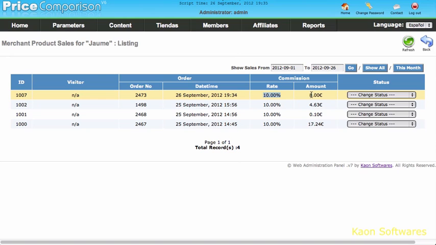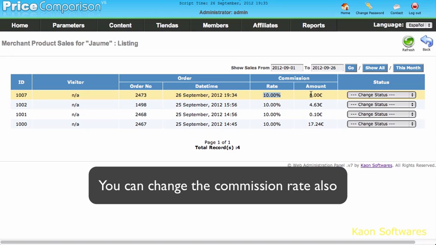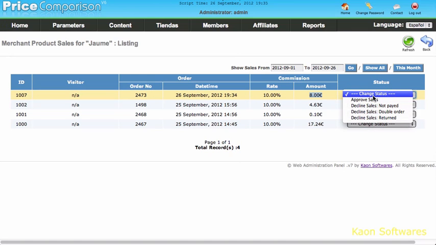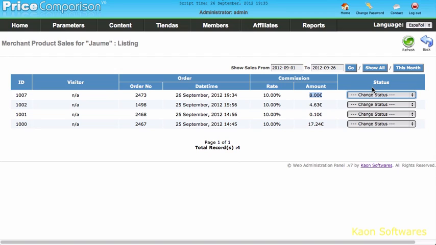As you know, the order value was 79.95 euro, so the commission is 8. And this is the status. All these orders are not auto approved. You can set them auto approved, but they are not, so that the admin has the ability to manually review it and then manually approve it, or discard it or anything like that. Based on these orders, you can charge this merchant pay per sale.